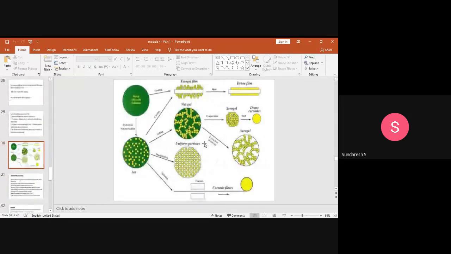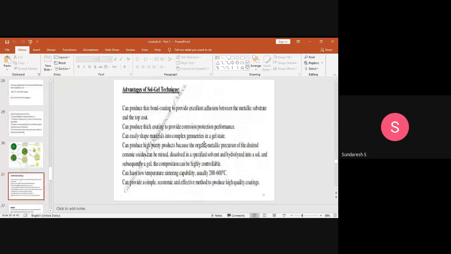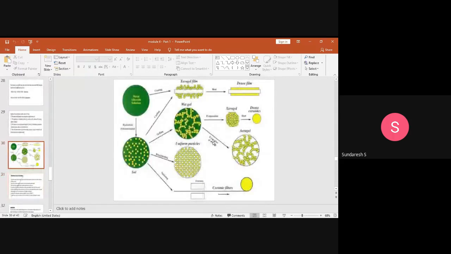This is the diagram I wanted to show. The sol-gel process starts with a metal alkoxide solution. Through hydrolysis and polymerization, they form a sol. Then from the sol, there is coating, grinding, precipitating and spinning. So when you get coating, you're going to get